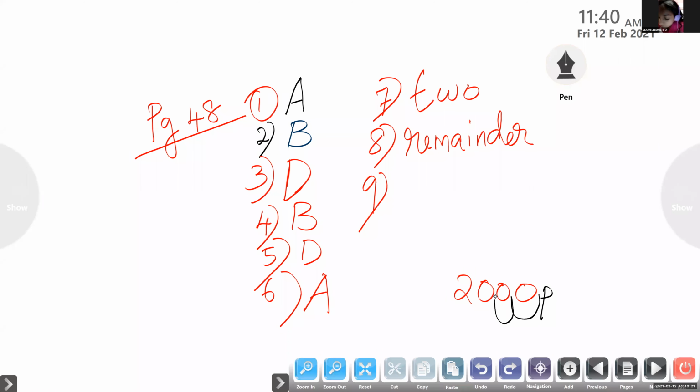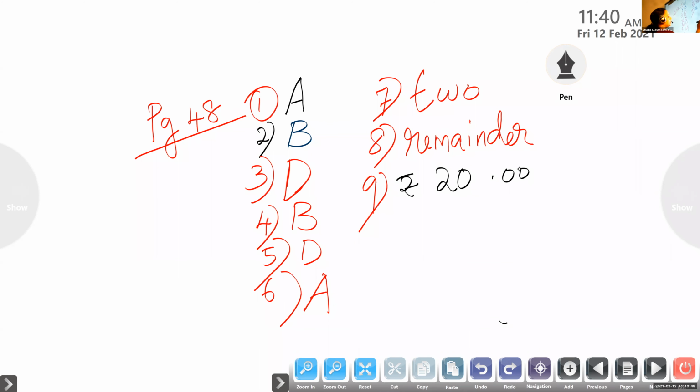20.00. So children, 20.00. We will say only 20 rupees. We need not say 00 paise. But if it is 20.50, we can say 20 rupees 50 paise, or 20 rupees 75 paise. But if there is no paise, it's better to write rupees 20 only. If you write 0.00 also, it's correct, but there is no need to write it.